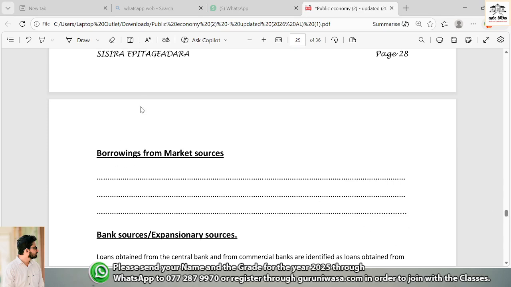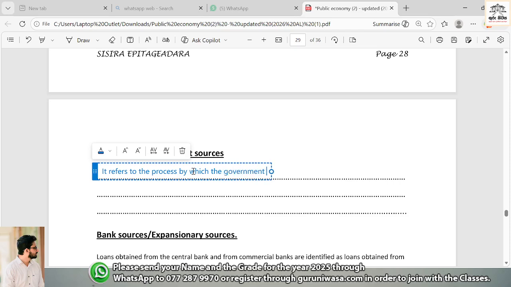Market borrowing refers to the process by which the government finances its fiscal deficit